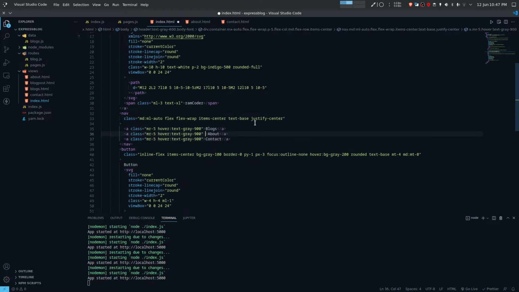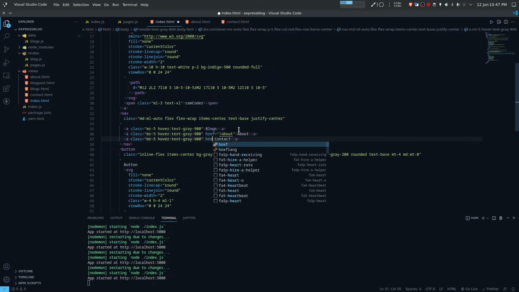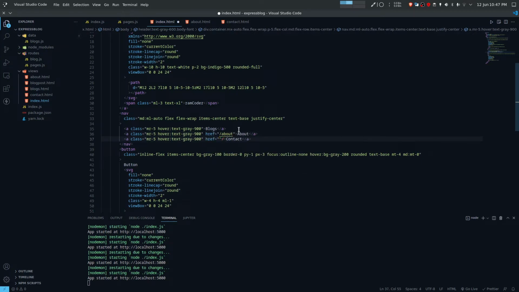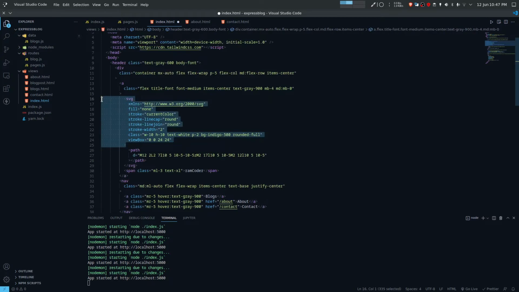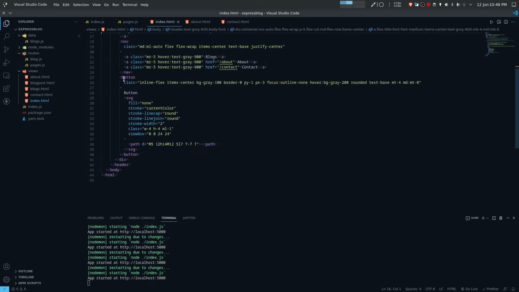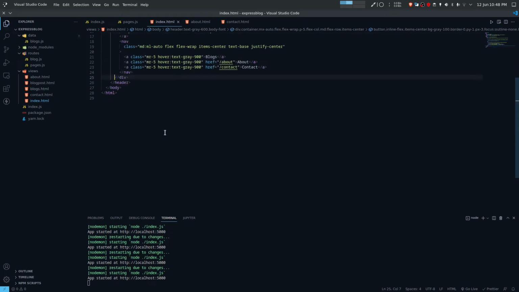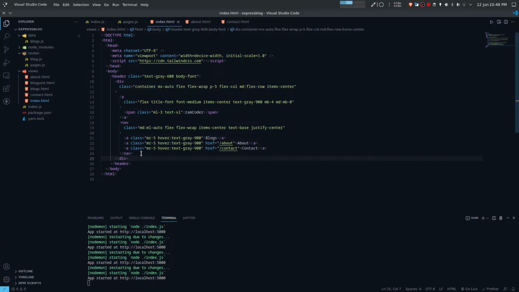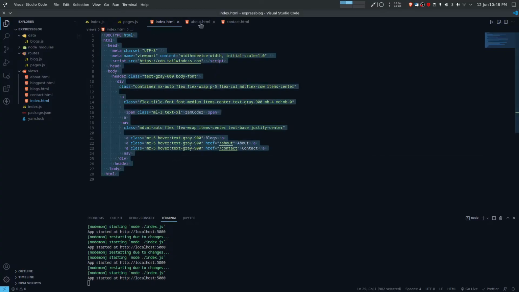And we'll add href /about, and /contact. I don't need this svg, and also this button. Now the navbar is done for the home page, and we will copy the same in the about page,